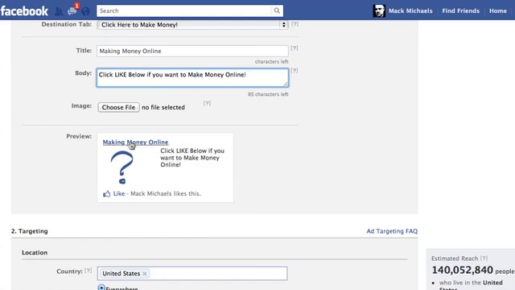The title is Making Money Online. Click like below if you want to make money online. And then you're telling people to click this like button. The reason you want to do that is because instead of someone going right from this ad to